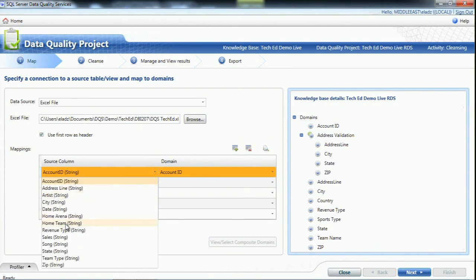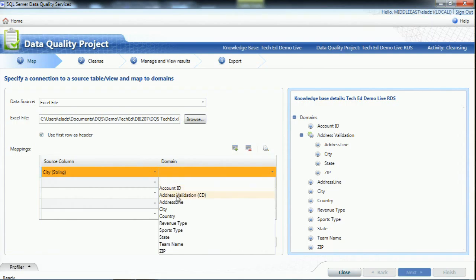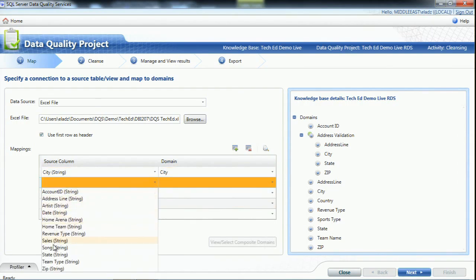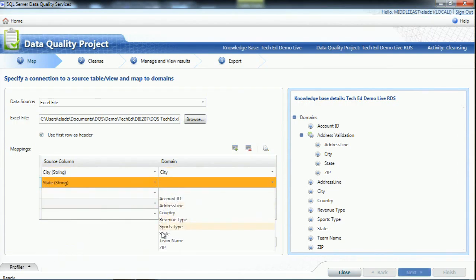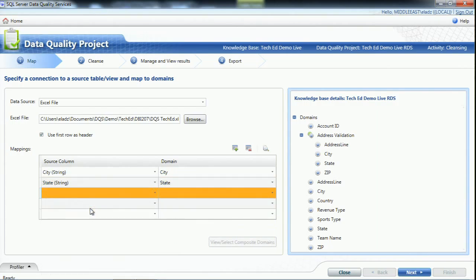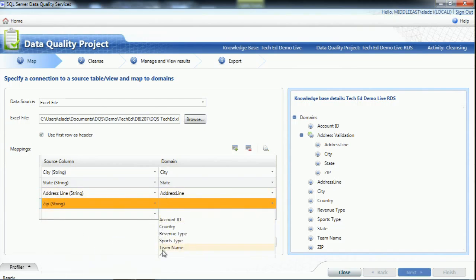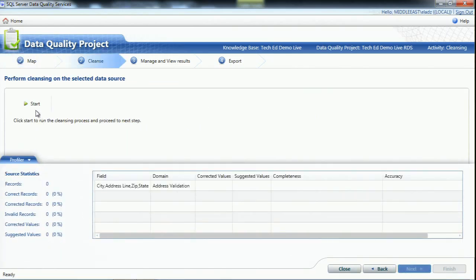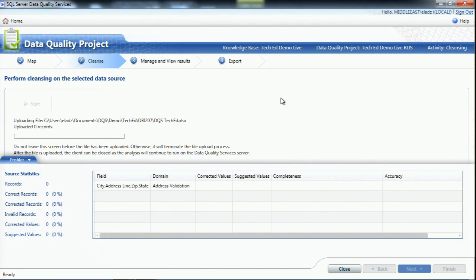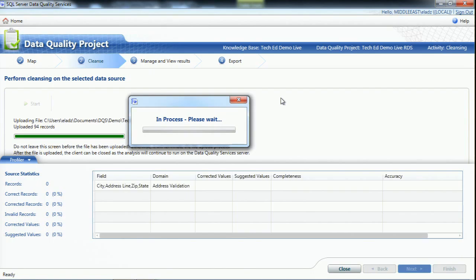And this time, I'm going to map the relevant fields for the reference data. So I'm going to map city, I'm going to map state. Now, obviously, if I would have done it once, then the system would have remembered it and saved me the time. But as this is the first time I'm doing it, I'll go about doing it manually. And I will hit next. And now again, I'm uploading the data from the Excel file, and this time this gets shipped into the cloud. This goes all the way to Azure, to Data Market, and from there to, in this case, Melissa Data, and